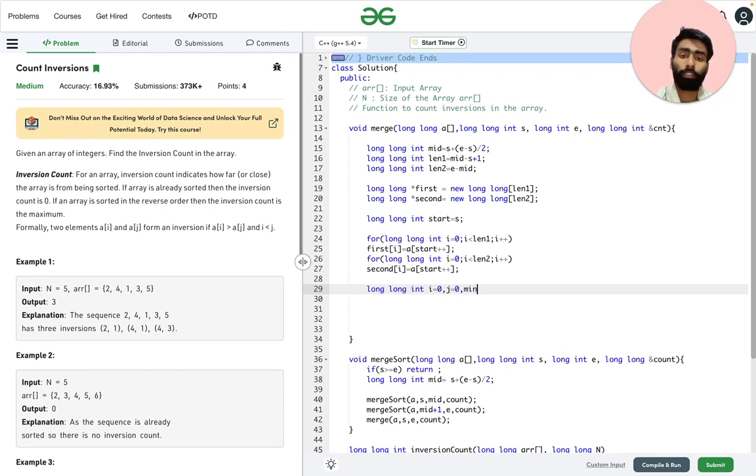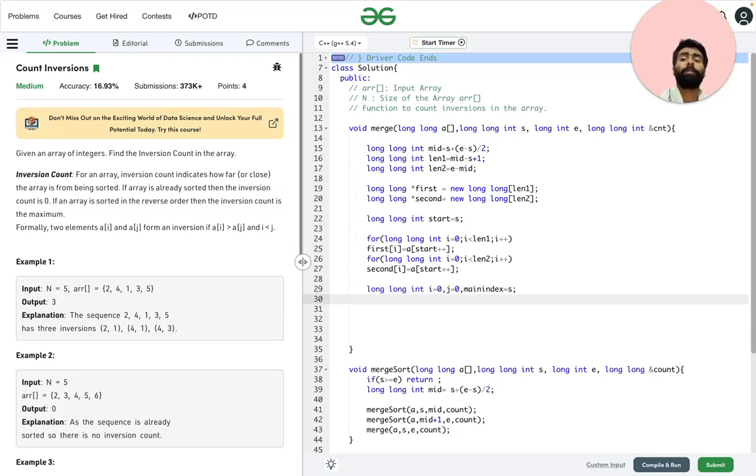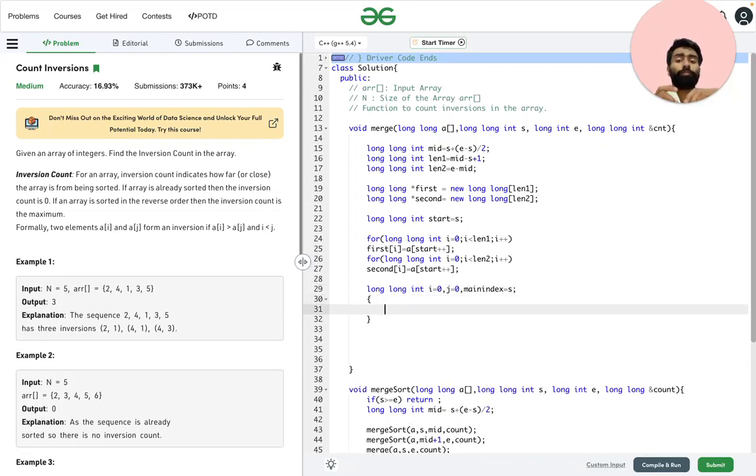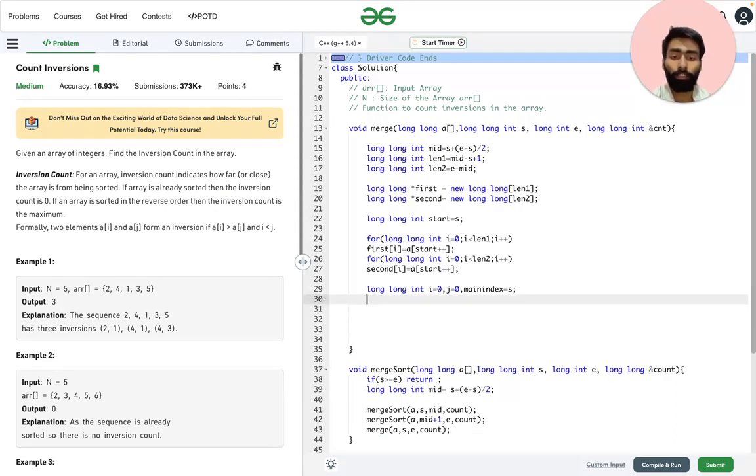Now we need one more variable, the main index, let's say it will be s, because we also need to add this in this array. That's why we need this s, so that we can increment the index of that array.